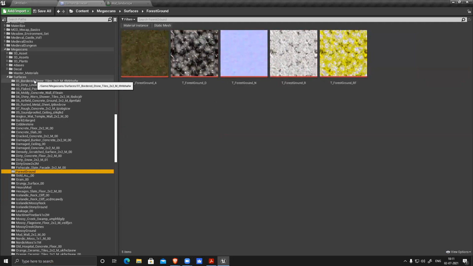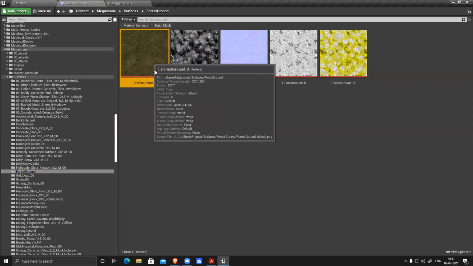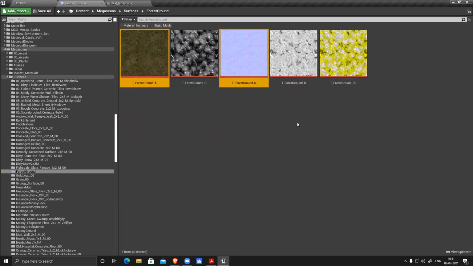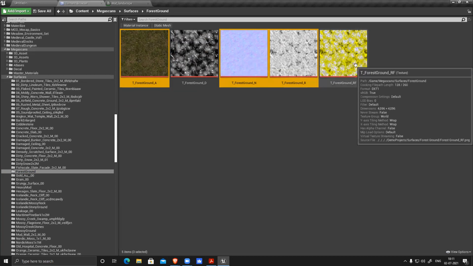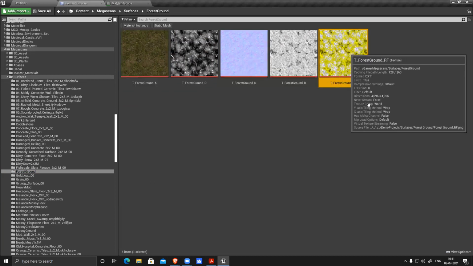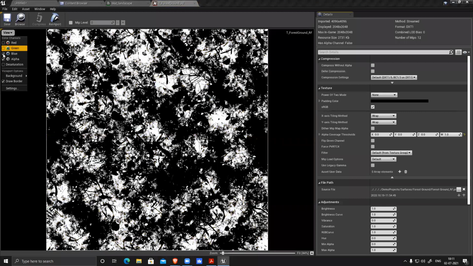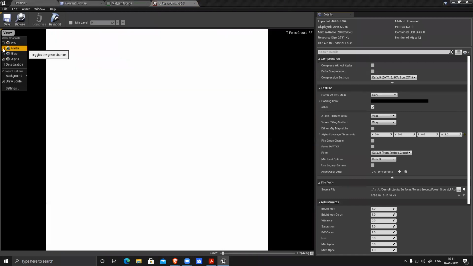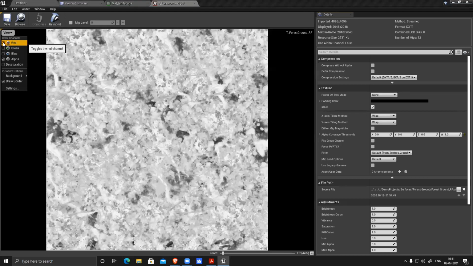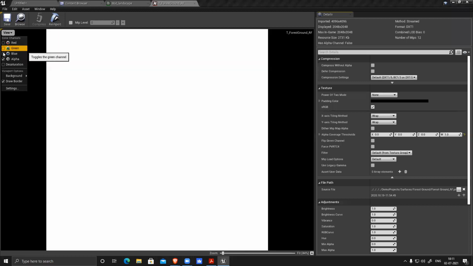So you can see this is like some forest ground. Because this green thing, I need it. Diffuse, this is albedo, normal, roughness. And this is basically, if you want to have more control here, I'll just open this section, show you. It has multiple channels. Blue channel, like if you want to control a few things, dirt and all this, intensity to reduce, increase. For that, you can use it and generate all this.